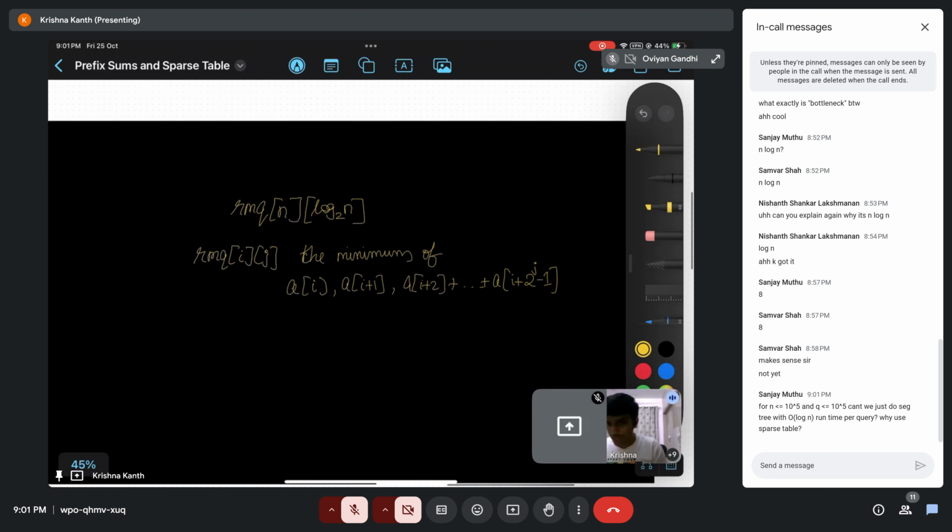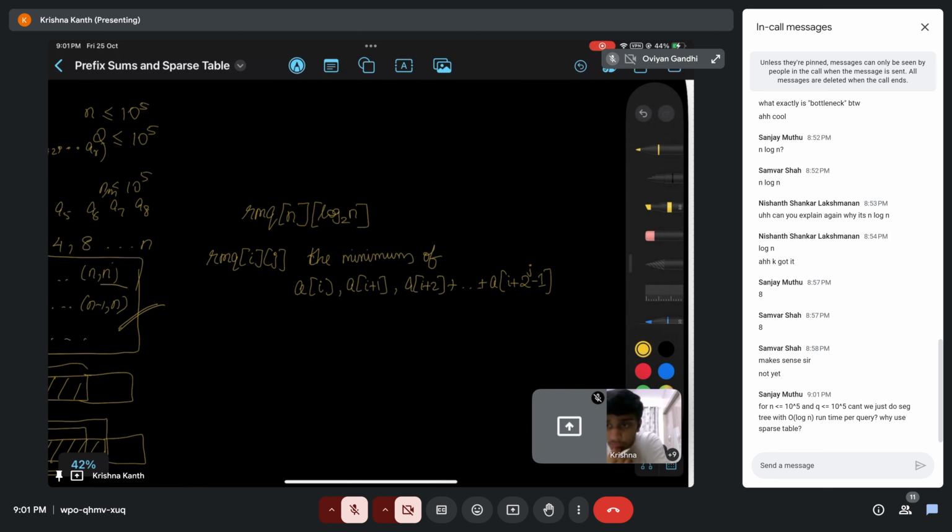So basically, here I had defined. Okay, someone is asking why can't you use segment tree? Yeah, you can use segment tree, but then there are instances where sparse table is required because see this is